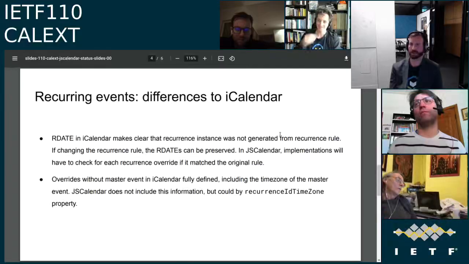So as soon as you override anything, you're immediately instantiating it as a full recurrence. Yes. But I guess the idea is if you create a blank RDATE, so it's a recurrence that has nothing, but there's something happening at this date, then does that get retained when you change the RRULE? And I think the answer is yes, you always retain them.